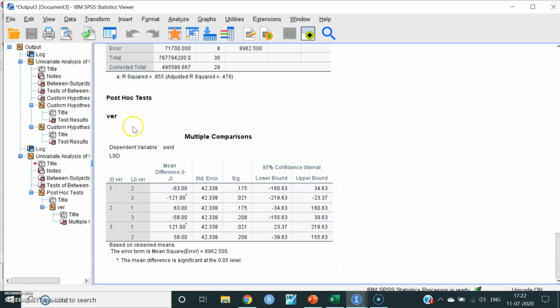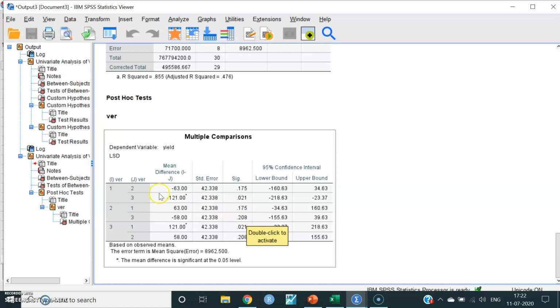It is the multiple comparison for vertical factor. Among the available 3 levels, levels 1 and 3 are significant to each other, as revealed from the significance value of 1 and 3. The rest of the pairwise comparisons, 1 and 2 and 2 and 3, are non-significant because these probability values are greater than 0.05. So 1 and 3 levels of vertical factor are significant to each other. It is the procedure for analysis of strip plot design by using the software SPSS.